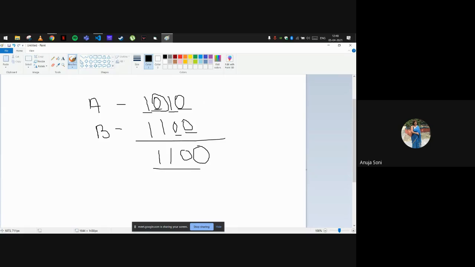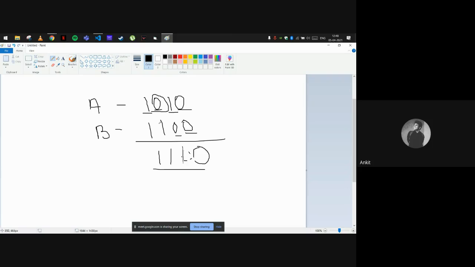Ankit, let me correct you, please. At the second position from the right hand side, the value of A will be 1, because there will be no change as there is no corresponding 1 in B. Oh yes, ma'am. Sorry, I forgot. Right. So this will act as a truth table for the selective set.